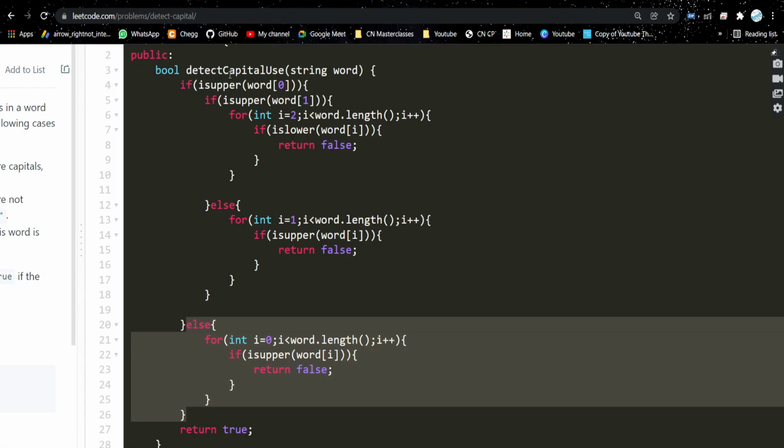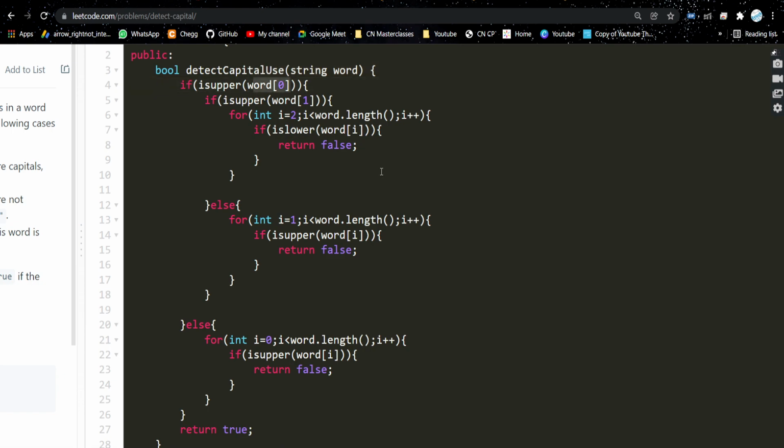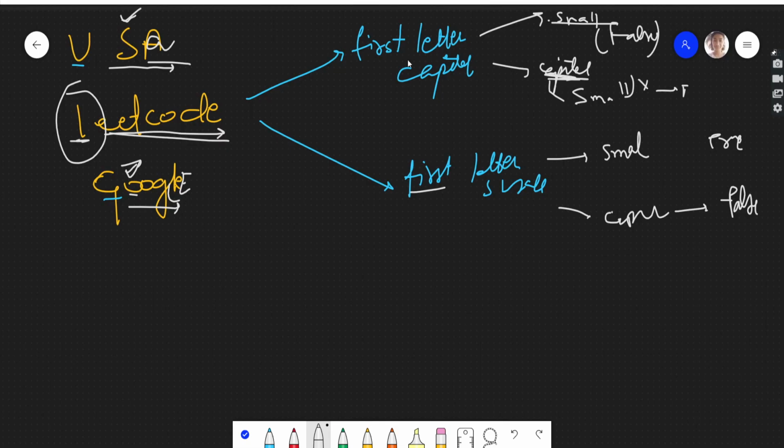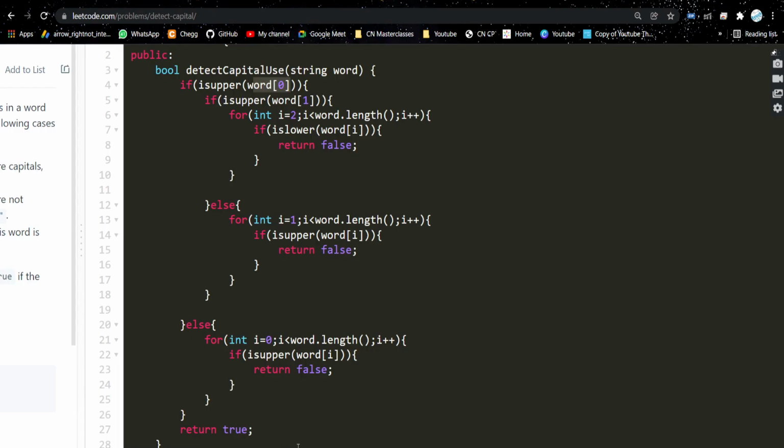Now we will see if the first letter is capital. Then what we have to do is check the second letter, whether it is capital or small. If the second letter, which is the first index, is capital, then everything after that should be capital. So if anything comes lower, then return false.